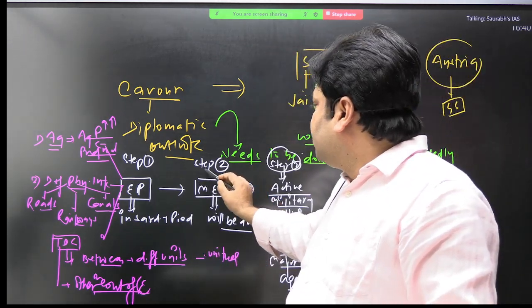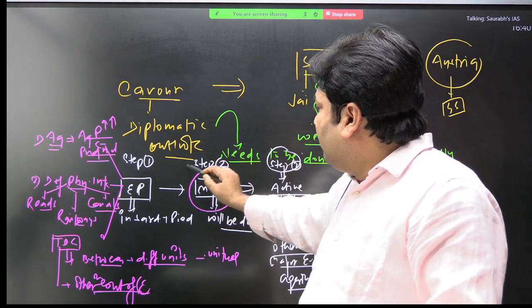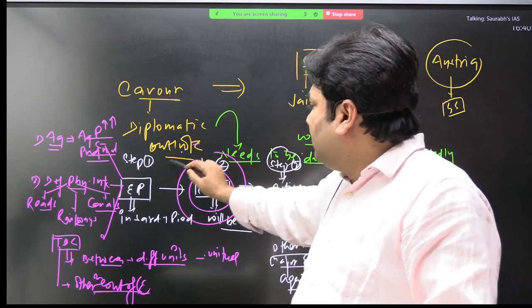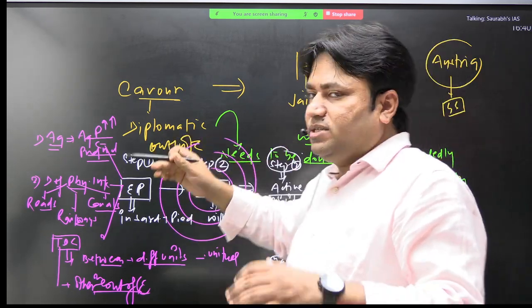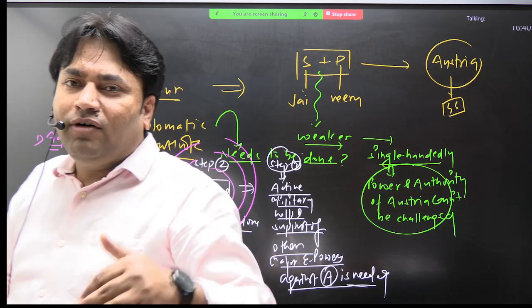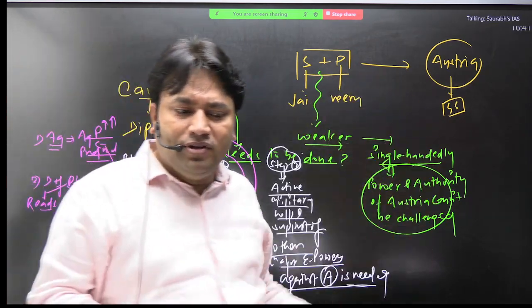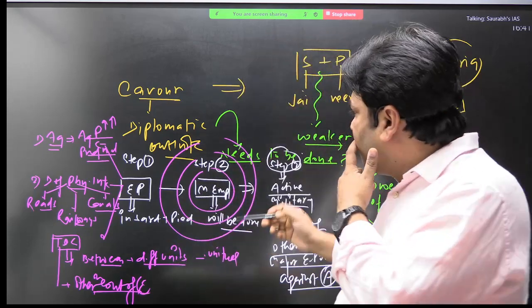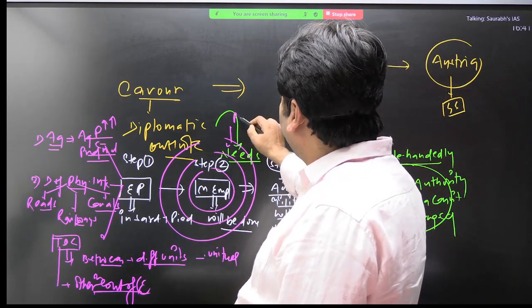Now we are coming to the second step. What he will do? Military empowerment. It means Sardinia Piedmont will make its military powerful than before, comparatively powerful than before. पहले से क्या करेंगे? Powerful than before. So now the military is powerful.